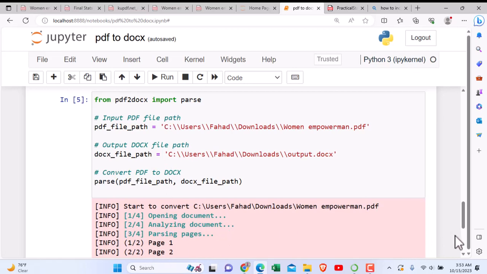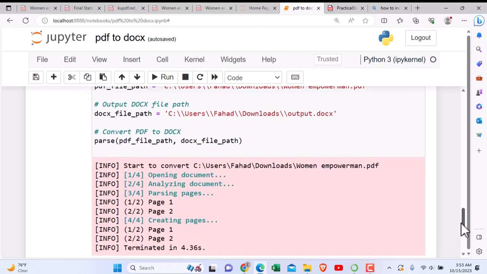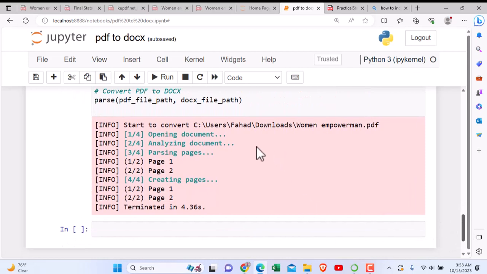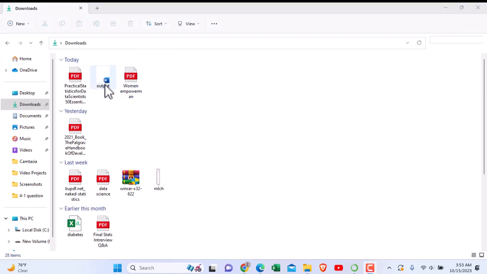Press the function convert PDF to docs. Got an output file. Set up the path. Then we see the output docs file